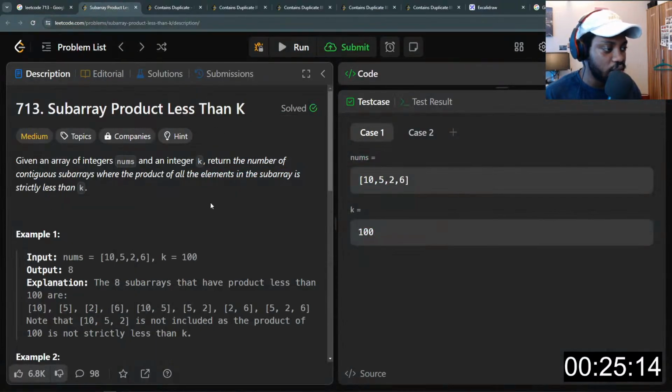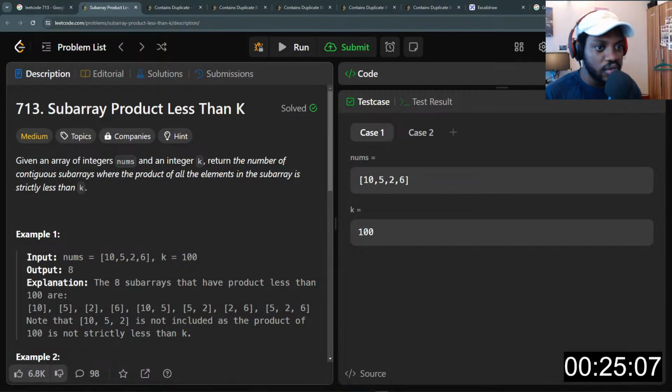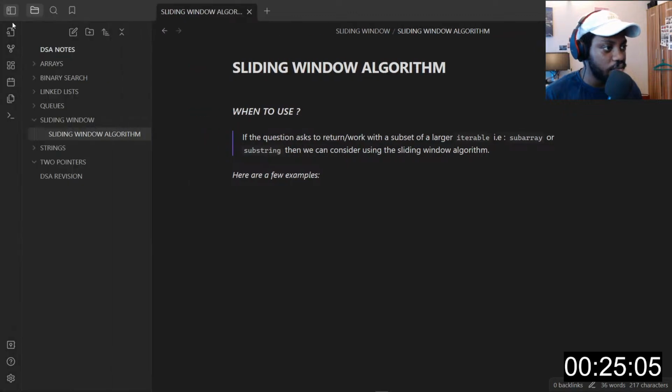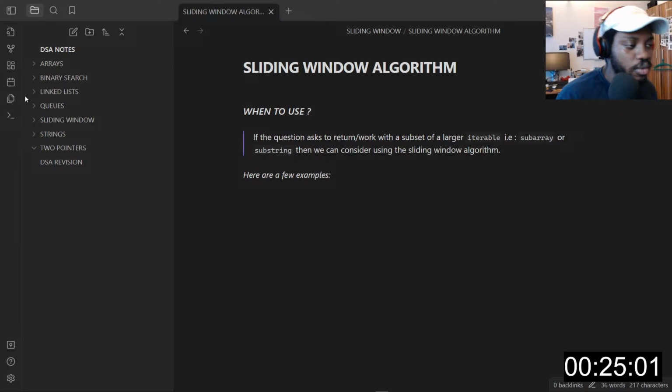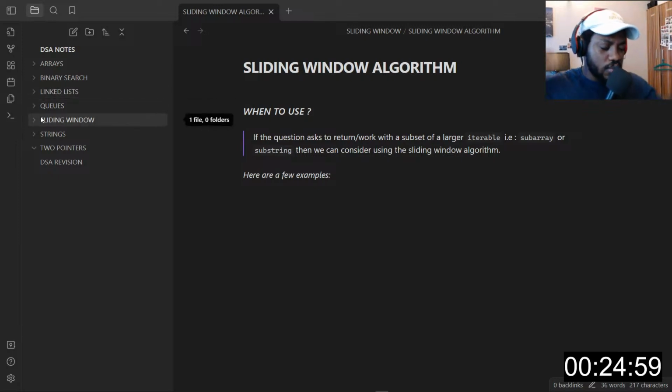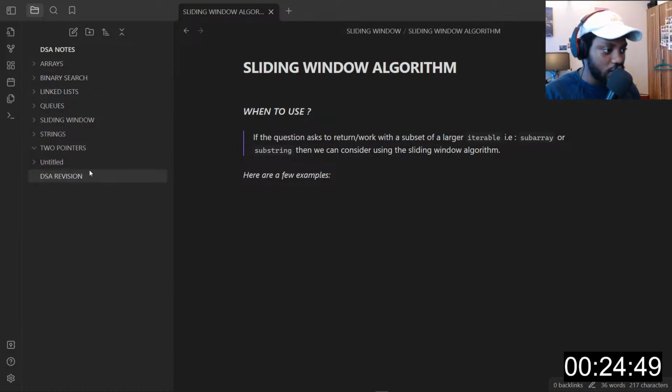Let's talk about this, but let's take a note for the previous question we just solved. So I'll put in here, right? I can say finding duplicate. This won't be a folder.